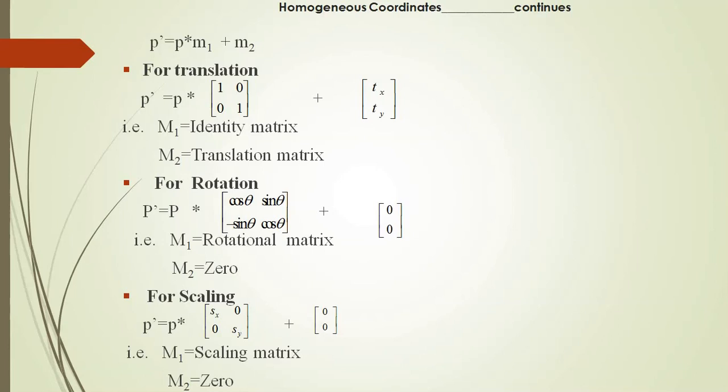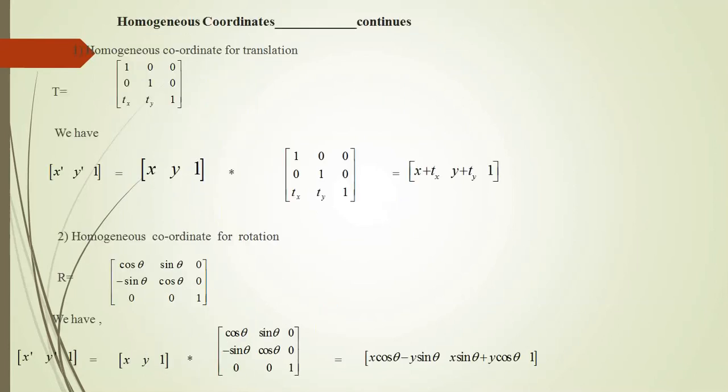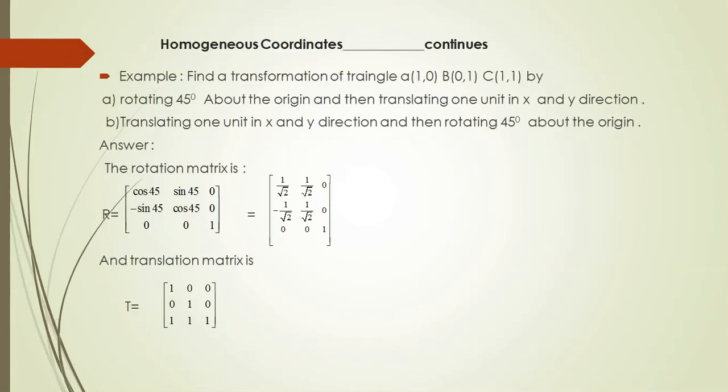Okay, and by using this formula and by adding the dummy coordinate, that is W, we got the new coordinate, that is x dash, y dash and 1. Okay, and here we transformed the 2D into a 3D image, or the 2D triangle into a 3D triangle. Okay, so thank you so much.